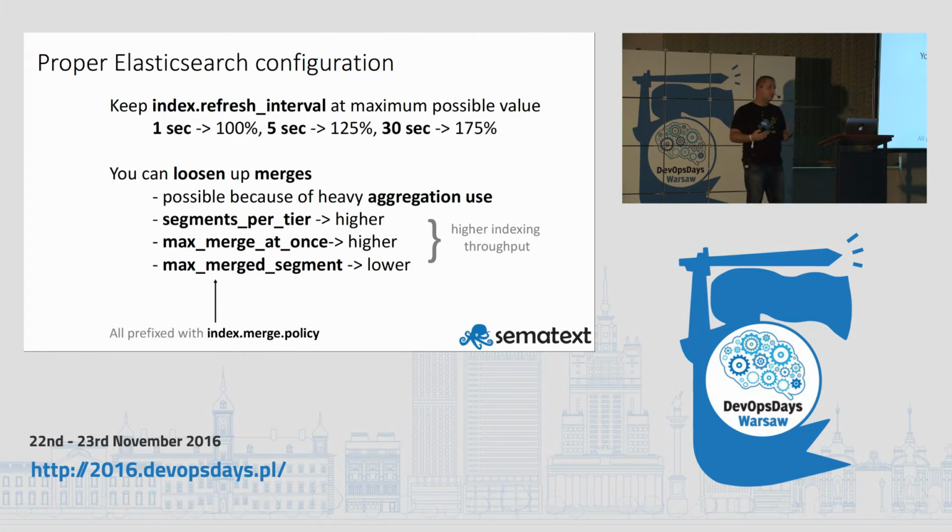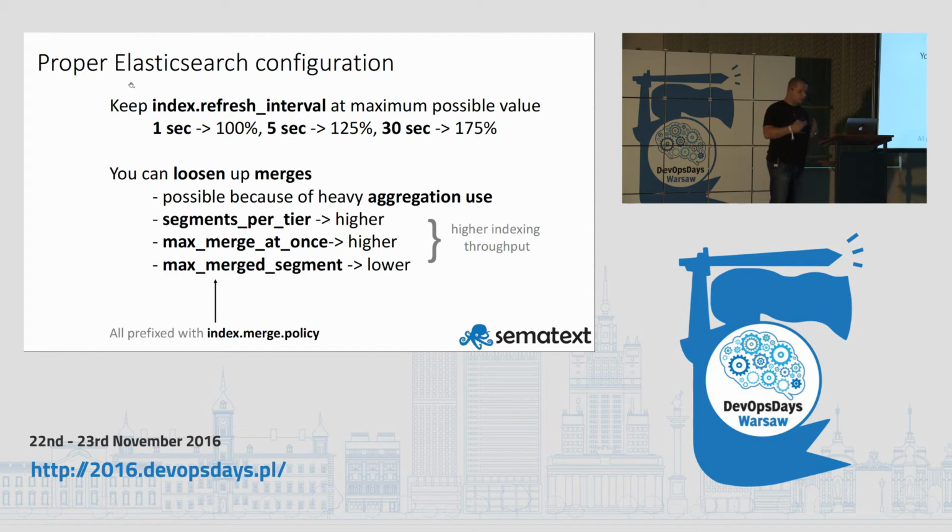However, that's not all. Keeping the indices on a size-based manner is one of the things that we need to care about. The other thing is, for example, Elasticsearch configuration. Keep in mind that index refresh, which is all about how fast your data is visible after it is sent to indexing, also matters when it comes to throughput of your indexing. For example, with the test with 1 second, the default refresh rate, we got a baseline throughput of 100%, let's call it. It was about 2,000 logs per second on a very